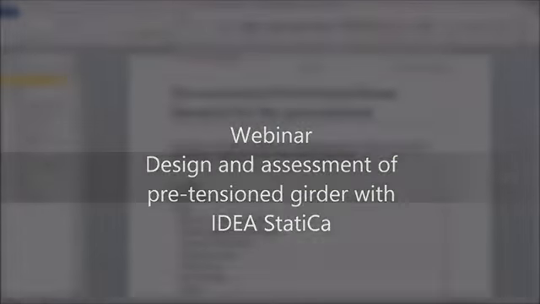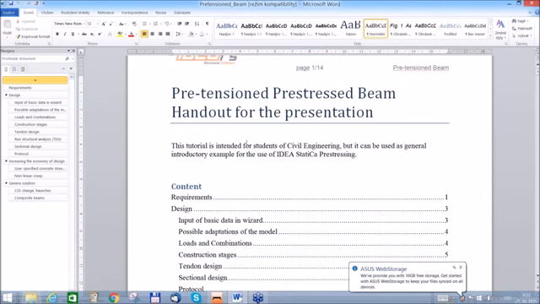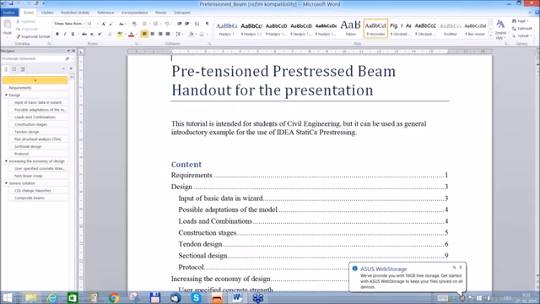Dear ladies and gentlemen, I prepared the first of the examples, a pre-tensioned pre-stressed beam. I wrote a very short tutorial, or better said, a handout for the presentation. In fact, I